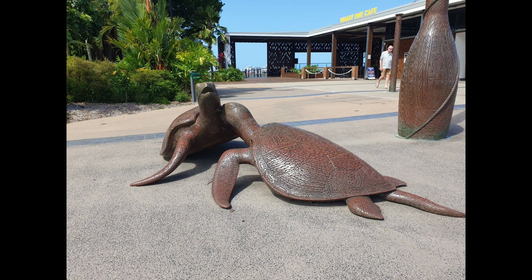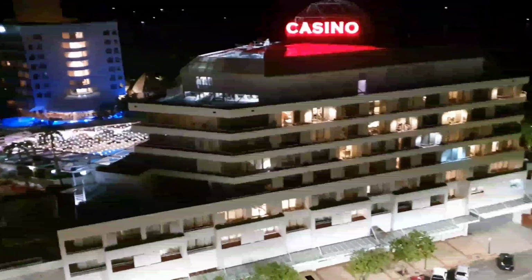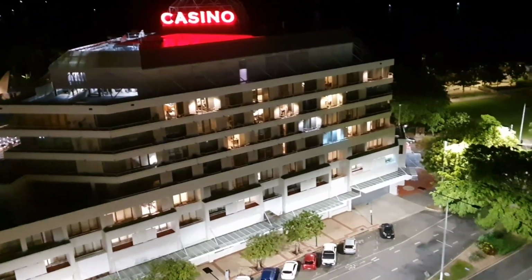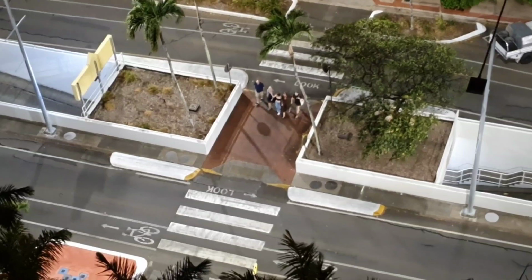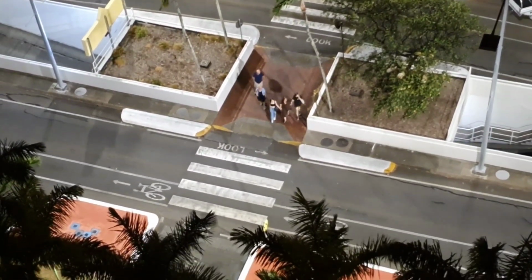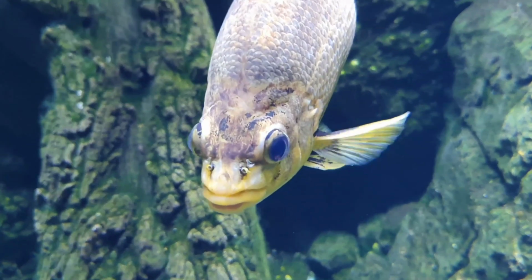A slow speed collision with tortoises, which would look like this if it happened in real life. And a nighttime view of the casino and the Hilton Hotel where the helicopter just recently flew into and crashed, killing the pilot. Nightlife in Cairns, buzzing. Stinking bloody hot, but buzzing. Last look at the foyer before we headed off to the aquarium, where I got eyeballed by fish